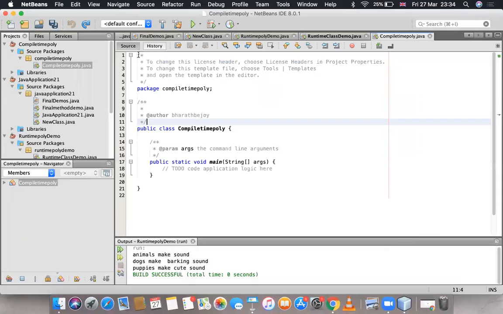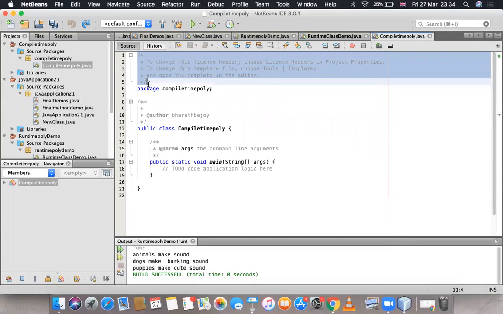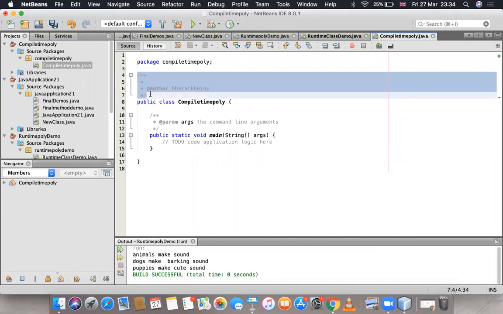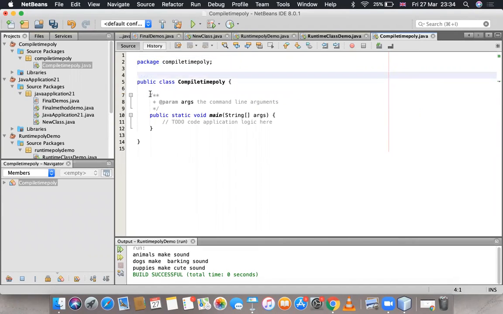I deleted the package, that's why. So let me create one.